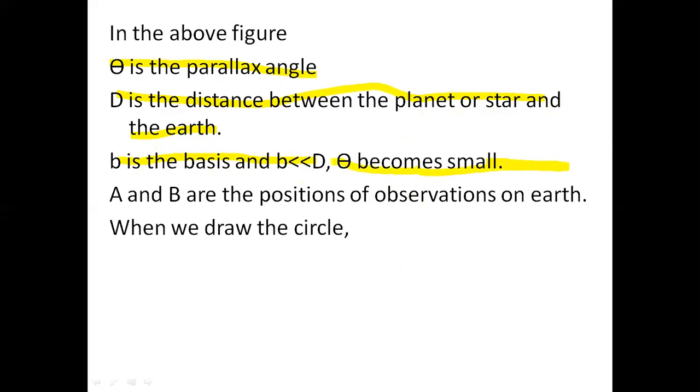So when the basis becomes very small compared to the capital D, the angle theta becomes small. When the basis becomes small, that is, when the distance between A and B becomes very small compared to the distance between the planet and the earth, then angle theta becomes small. As I have told you earlier, A and B are the positions of the observation on earth. So assume that,